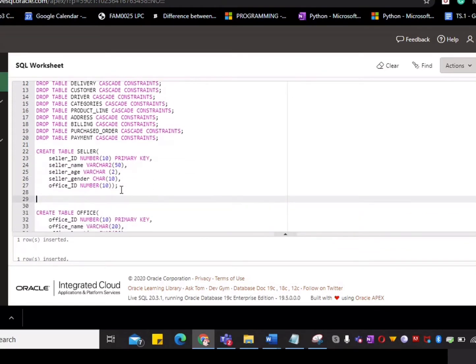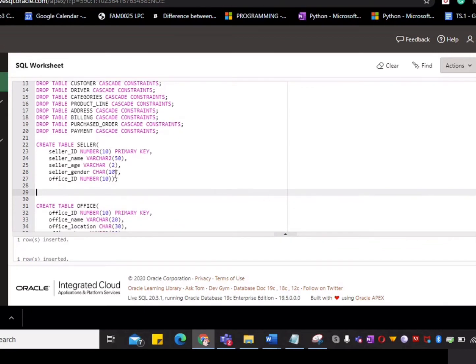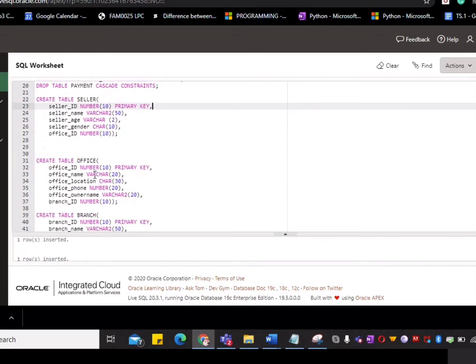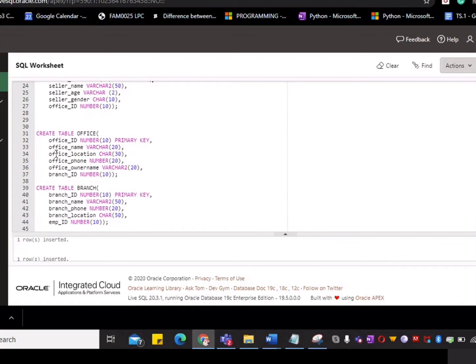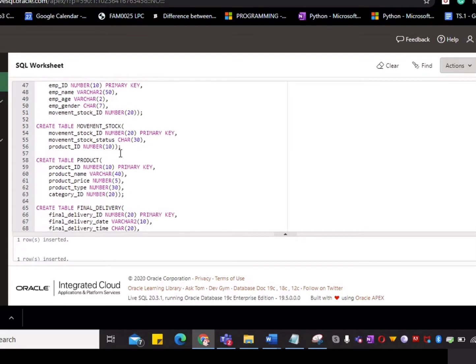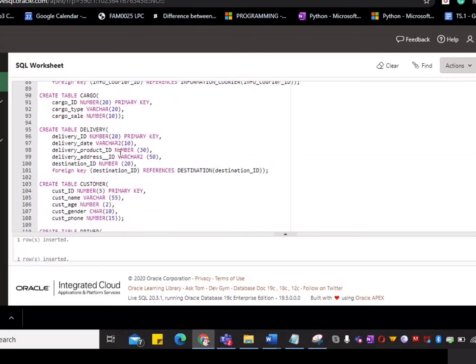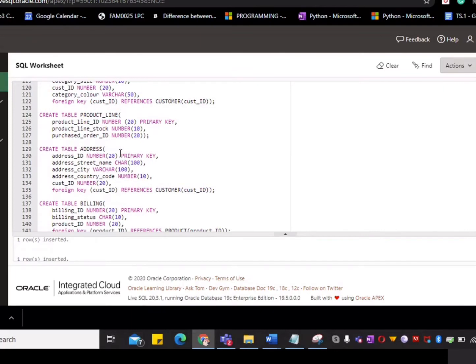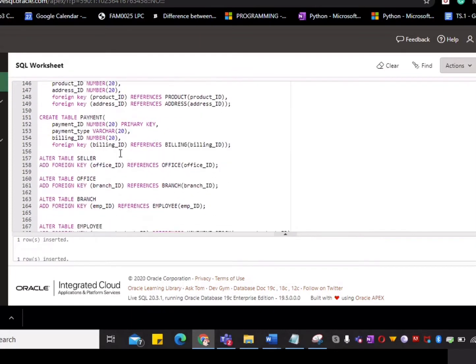Next is the create table statement. These are the column names of this particular table, and these are the data types of each column mentioned in the table. For this particular table, seller, seller ID is the primary key, and here I have used the primary key at the column level. The same goes for every table, each table has its ID as the primary key. So there are 20 tables, and after creating the table statements and filling in the column names, we move on